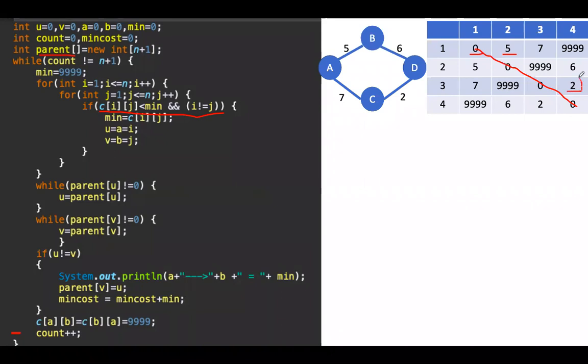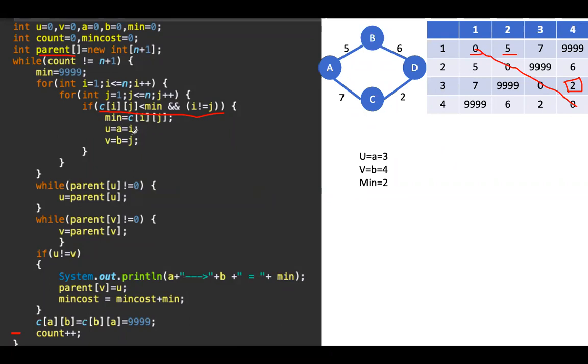But when we come to the next, 2 is less than 5. So again, this condition becomes true. Now the minimum value we got is 2. When this has become true, the I value is 3, the j value is 4.